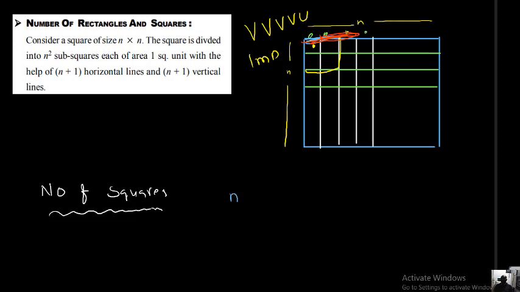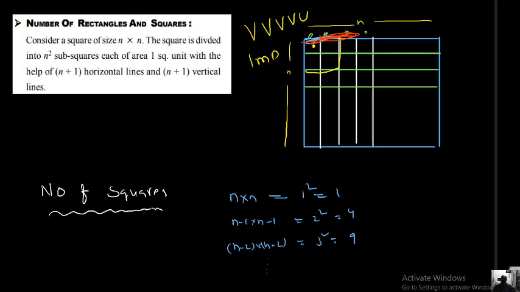Okay, n by n area, there is 1 square, that is equal to 1. Okay, n minus 1 into n minus 1 area, there are 2 squared, that is 4. N minus 2 into n minus 2 area, or in other words, squares having side n minus 2, that is 3 squared, that is equal to 9, and so on.